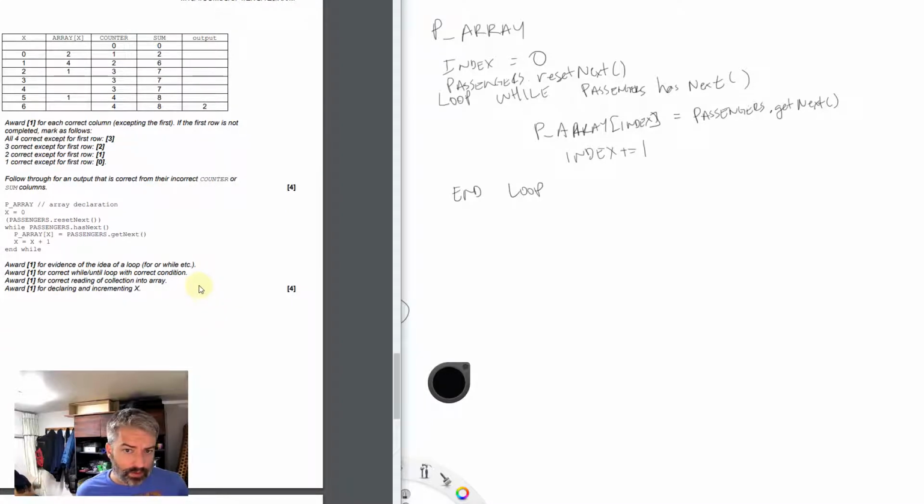What were we thinking about? Idea of a loop, sure. Yeah, so for, while. Okay, so they're saying that correct condition, correct reading. Because I think we could have done, make it even easier, like reset the p array,